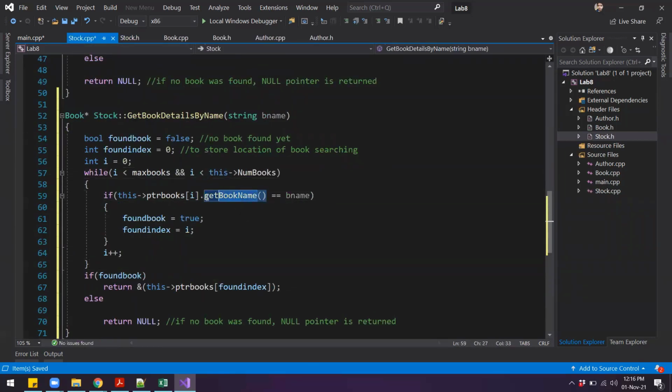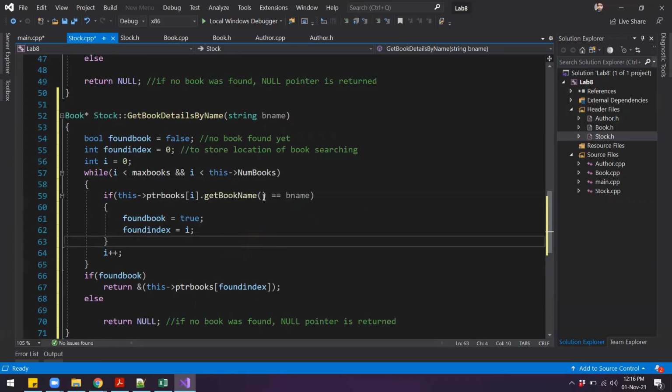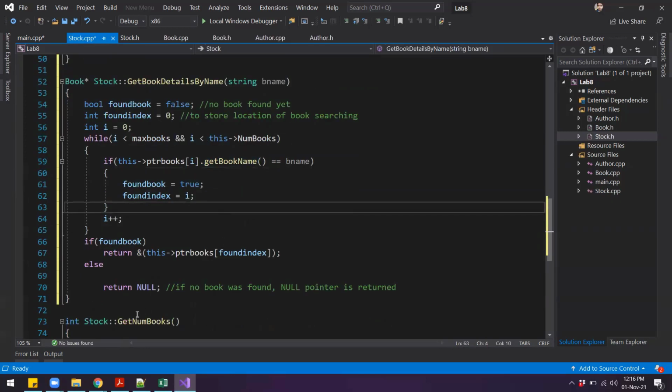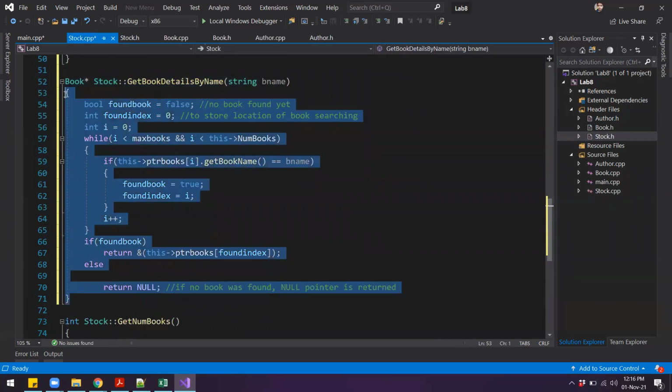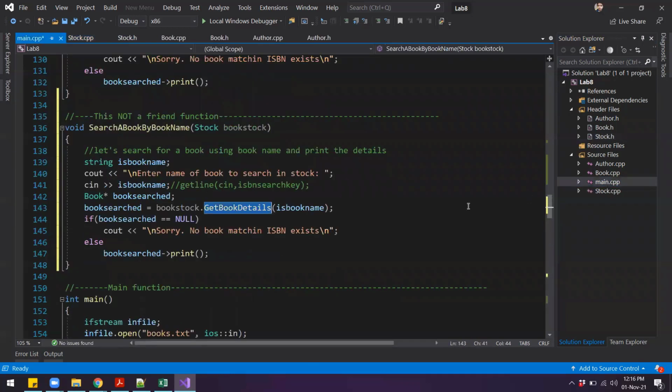So you will see that if I now write this dot operator, the get book name function will pop up. Right, so for each of the books I will get the name, and if the name is same as the book name that we have passed as the parameter, then this function will return a pointer to that particular book. I'll save this and go back to the main function where we have that search by name function.